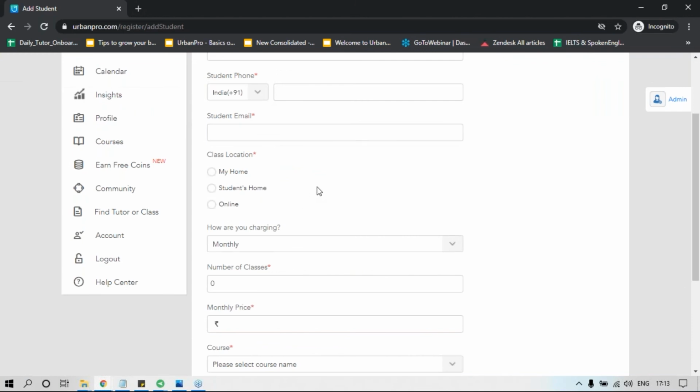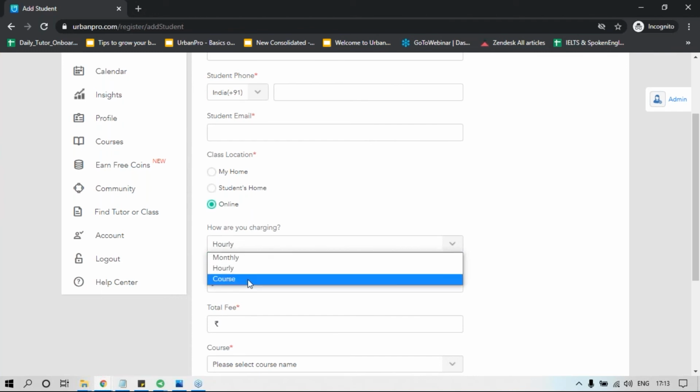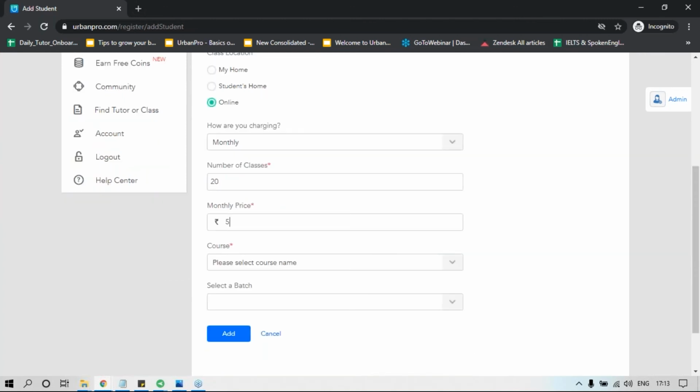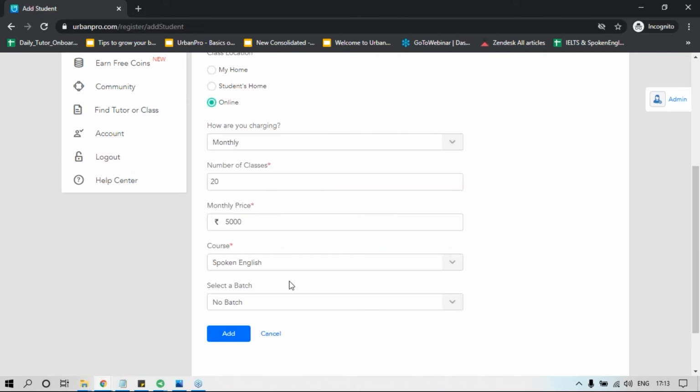And then we can also enter some subject class related information like how we will be teaching them. So let's say online, how we will be charging them, and how many, it could be monthly, hourly, or by the course, and how many classes we'll be conducting for them, and how much we're actually going to charge them. And once that is done, we can even select the subject that we're going to be teaching them